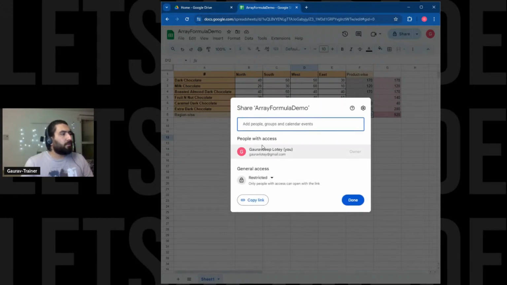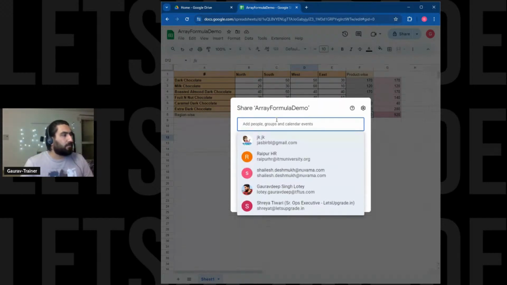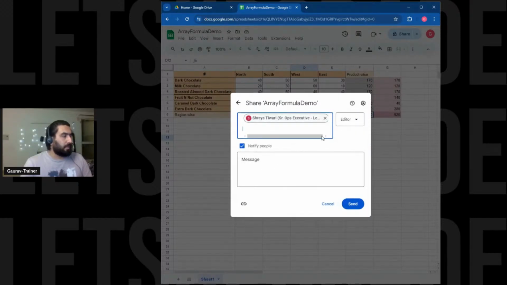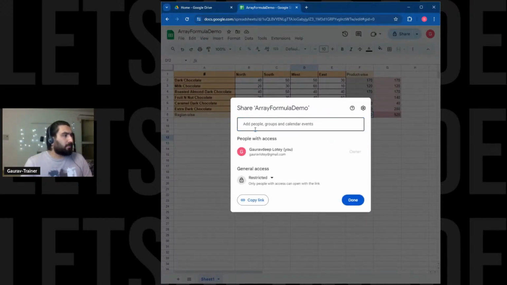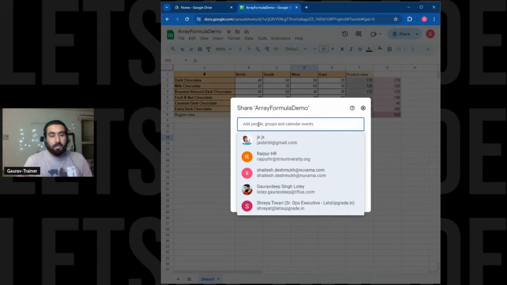For example, if I want to add someone, suppose one of my colleagues, once you click on the colleague, ideally your Google contacts will be linked over here. Your Google Workspace will be linked over here. People you mostly interact with will be available over here. So suppose I want to add some people who are not even available over here,